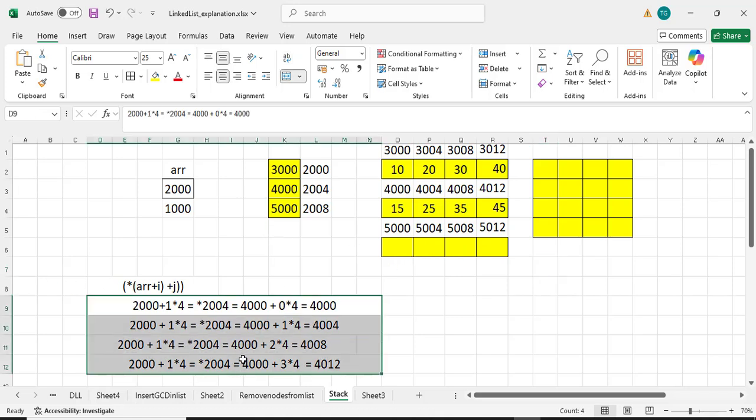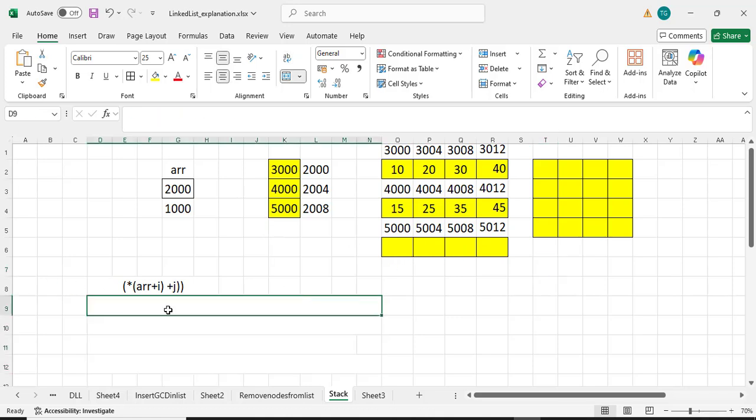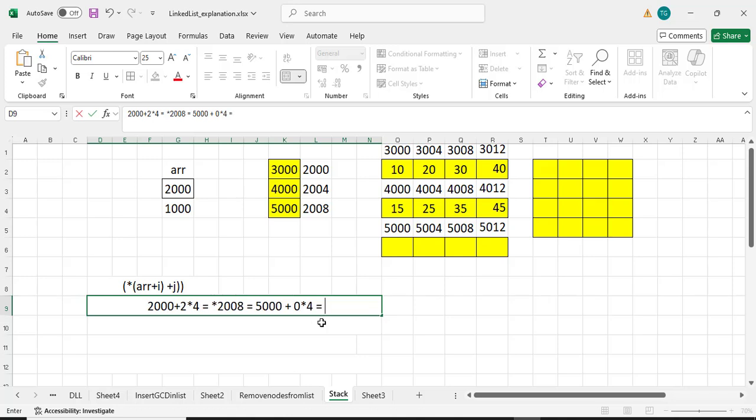So let's see how 5000 is coming here. So what is my ARR value? ARR value is 2000 plus I value is 2. 2 into 4, that is equal to 8. So 2008, star 2008. Star 2008 is nothing but the value at 2008. What is the value at 2008? 5000. So 5000 is the memory location plus j. J value is 0 into 4, which is equal to 0 only. So on the memory location 5000, I'll store the next input value called